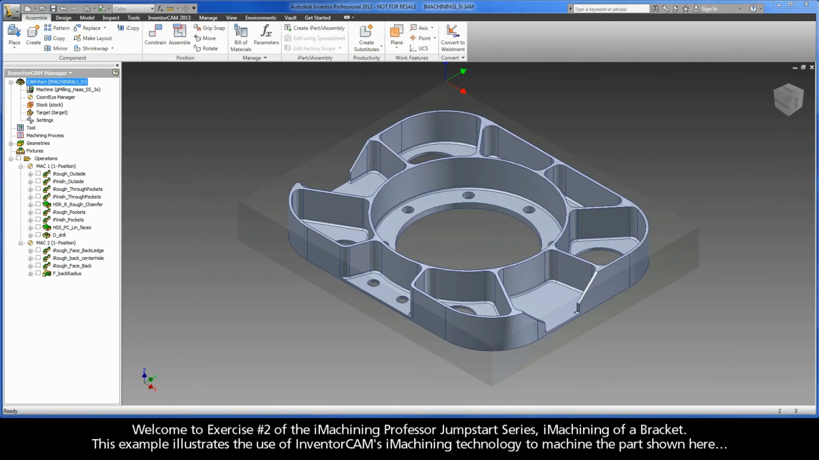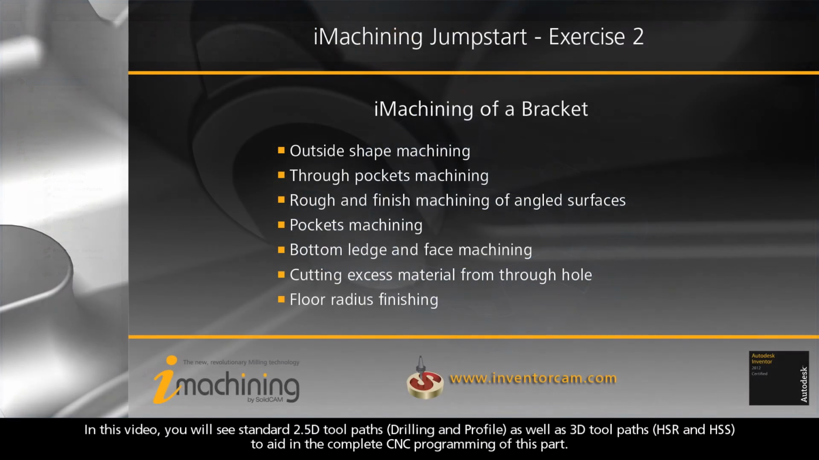Welcome to Exercise 2 of the iMachining Professor Jumpstart series, iMachining of a bracket. This example illustrates the use of InventorCAM's iMachining technology to machine the part shown here. In this video, you will see standard 2.5D toolpaths, as well as 3D toolpaths to aid in the complete CNC